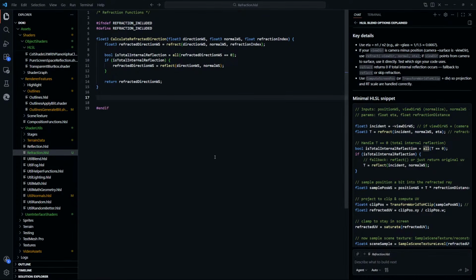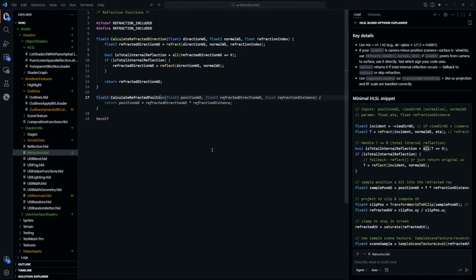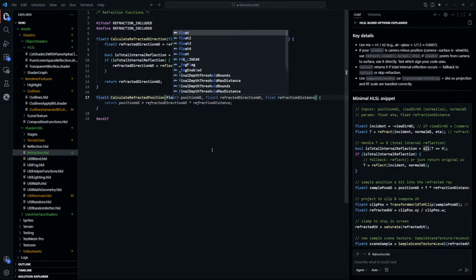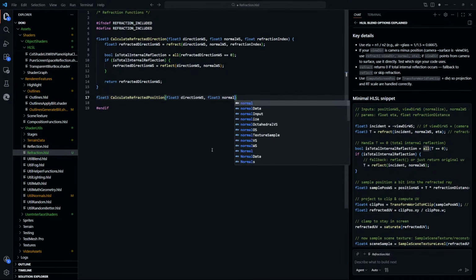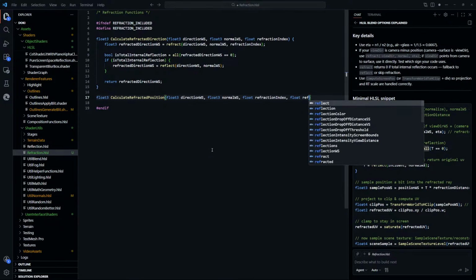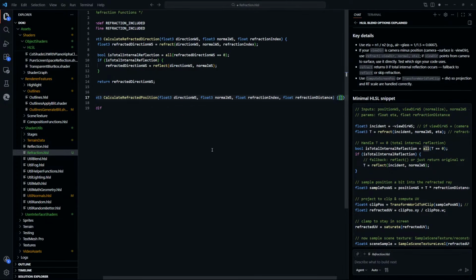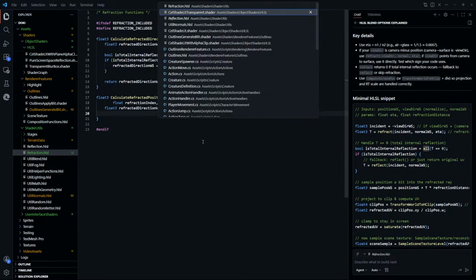Okay, so that's calculate refracted direction. And I want to calculate float, we calculate refracted position. Yes. And then we want to do